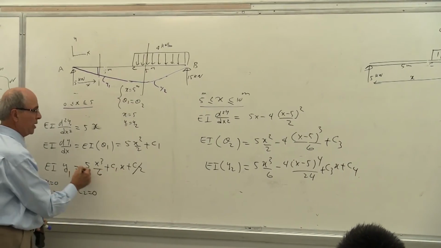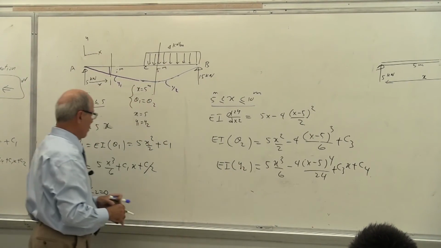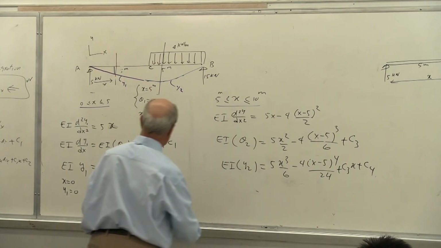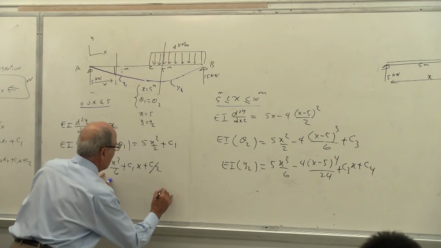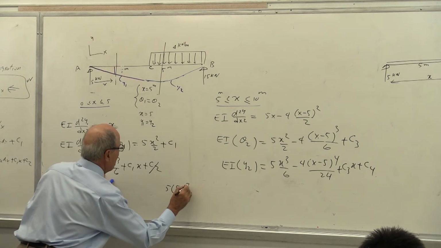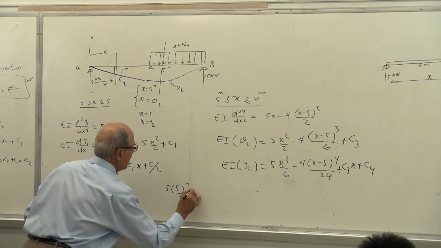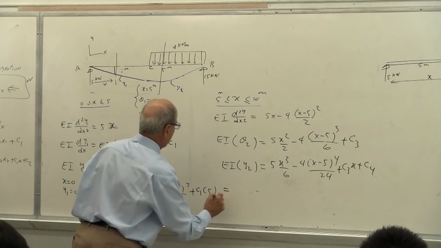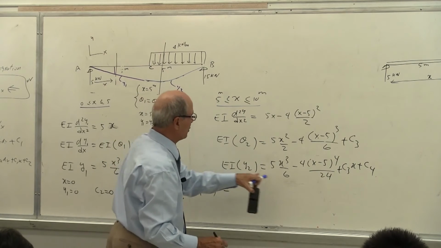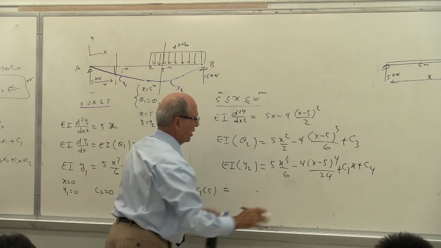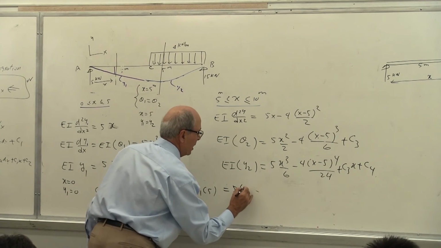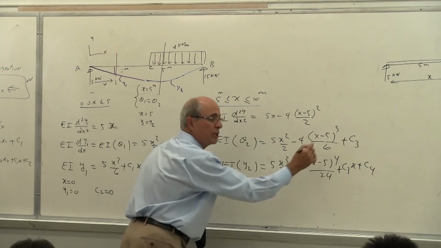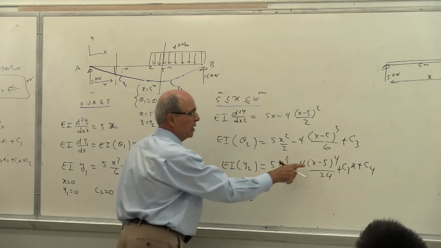Means this quantity equal to that quantity when x becomes equal to 5. So please write the same thing. I'm going to write it here. This becomes 5 times 5 to the power of 3 divided by 6 plus C1 times 5, this side, equal to, that's y1 equal to y2. Notice we don't need EI, we need that side. So equal to 5 times 5 to the power of 3 divided by 6 minus what? The whole thing becomes 0 again, 5 minus 5.